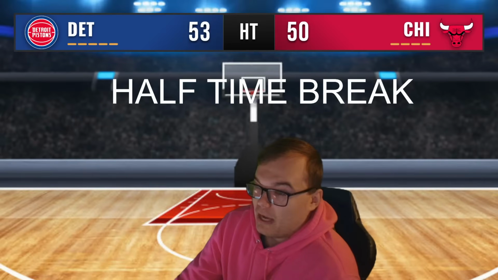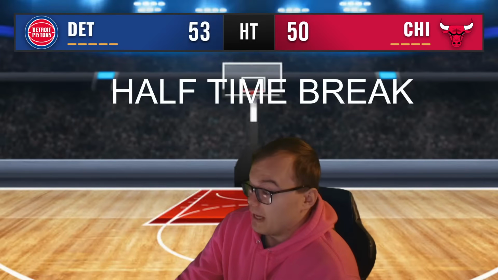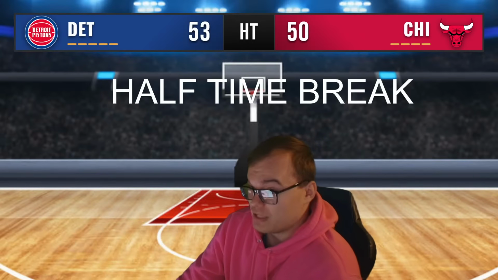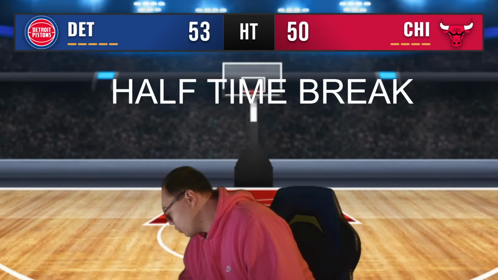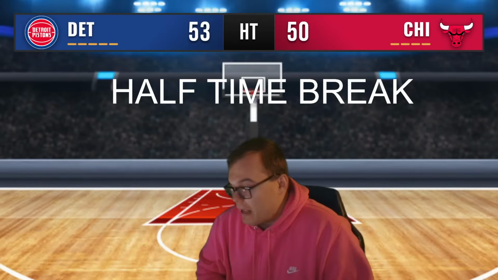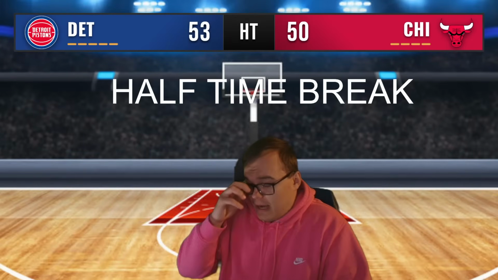I think that pick swap with Minnesota was a big deal from the Pistons. That could legit be our potential future stretch 4 that we take in this draft. It's going to be around the 20s. Depends on how the Timberwolves do this year, but getting that pick swap from Minnesota out of that Ivey deal, I think that was a big get.